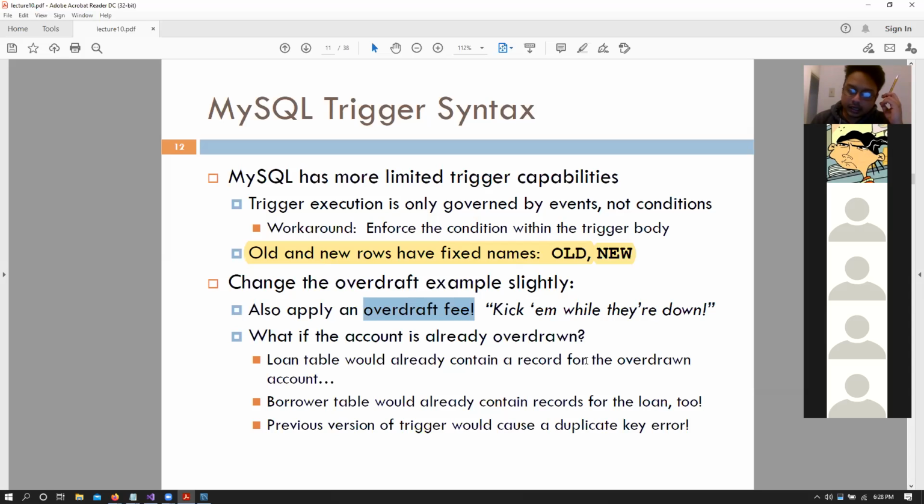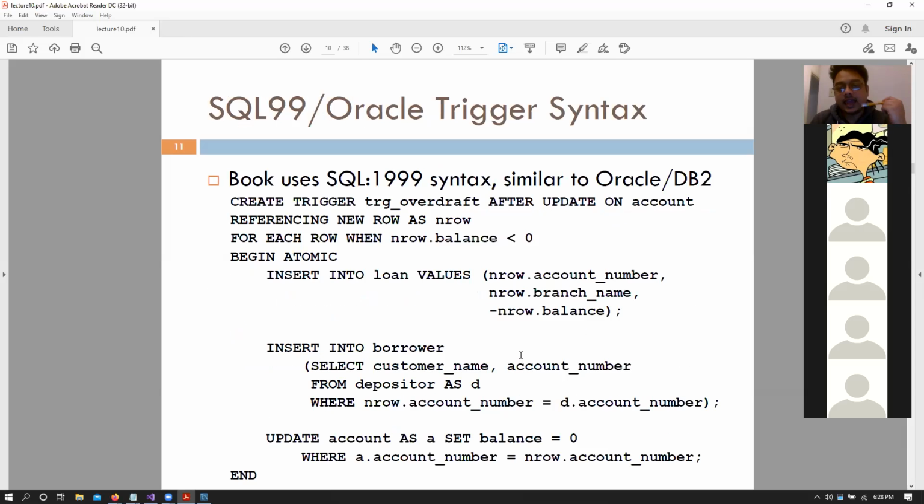So, okay. And this is something I was talking about, the bug actually. Let's say that I have $5 in my account. I withdraw $30 from my account. My new account balance goes less than zero. I basically update that into a loan amount of minus $25 worth of loans, right? And then I update the borrower and I set the account balance to zero.